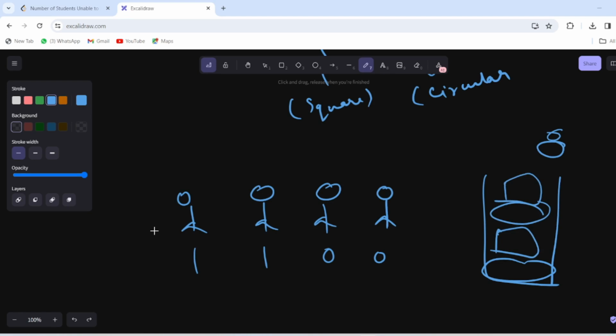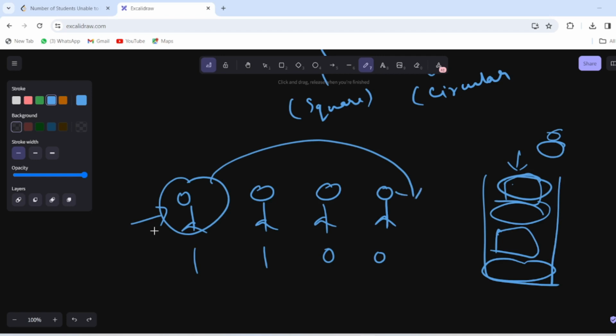The question also says that we will check the top of the stack. If the top sandwich is different, meaning the sandwich is circular and the first student standing in the queue has a different preference, then that student will move to the back of the queue and the line will extend.